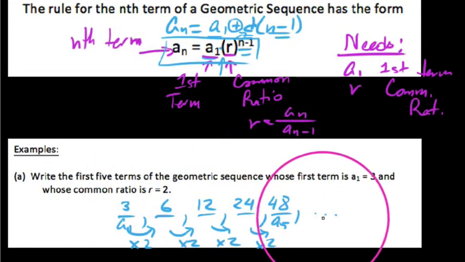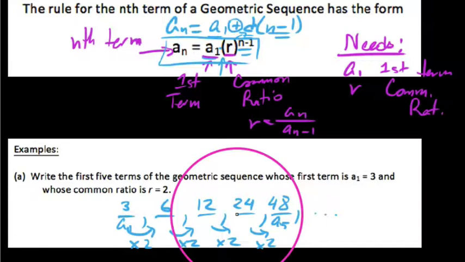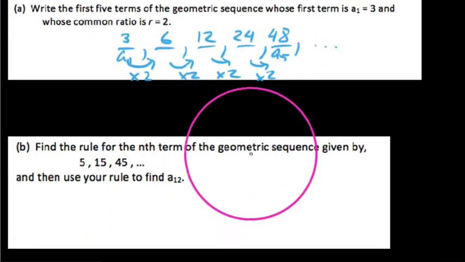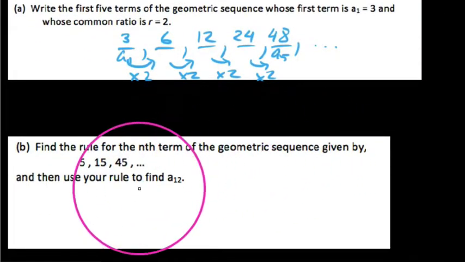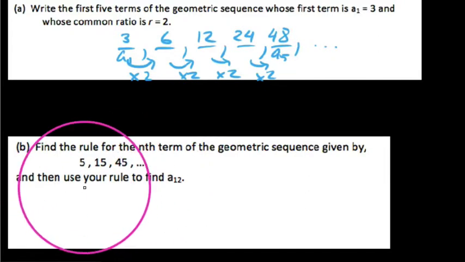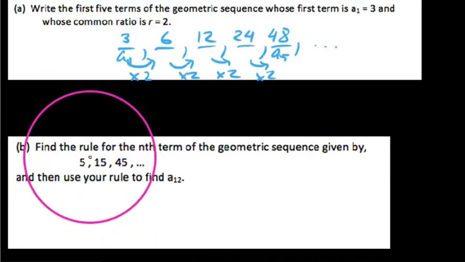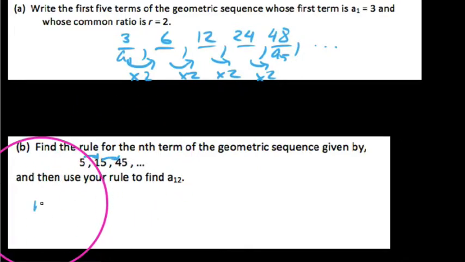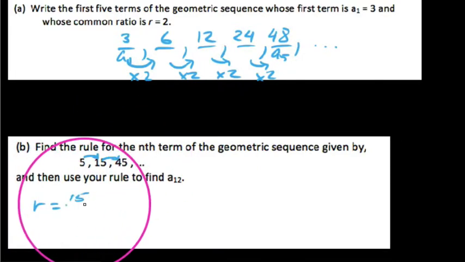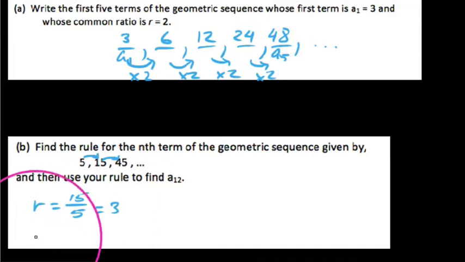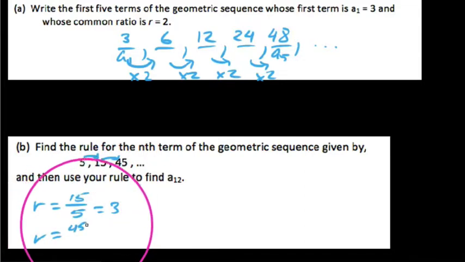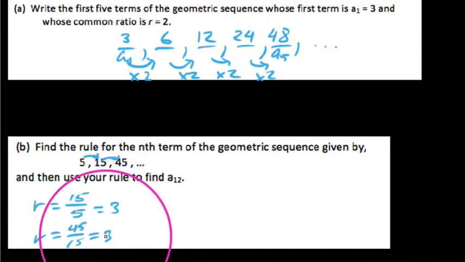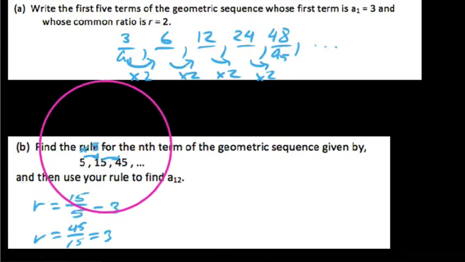I just wanted to write out some terms and know that I can do this, because now on this next one we say find the rule for the nth term of this geometric sequence. And by the way, I'll give you the first 3 terms. So first things first, we can identify that this is a geometric sequence by finding a common ratio. So our common ratio would be what, 15 over 5? So I get 3, or we could have done 45 divided by 15. We still get 3, but we're multiplying by 3 every time.